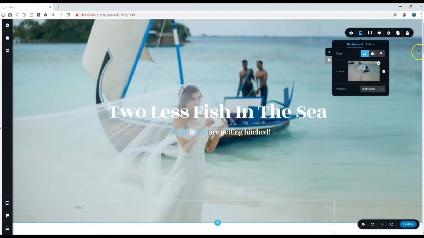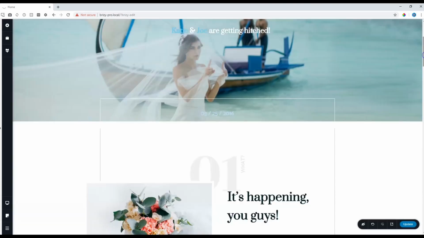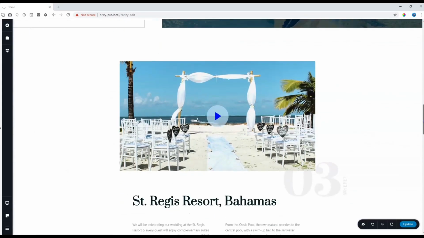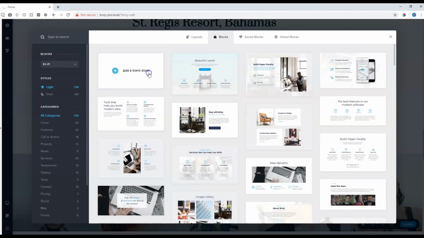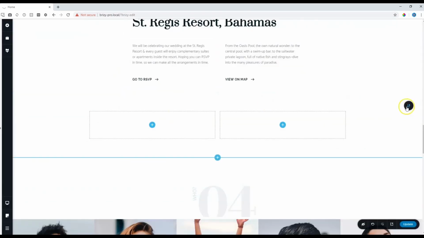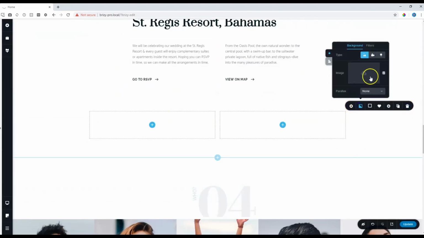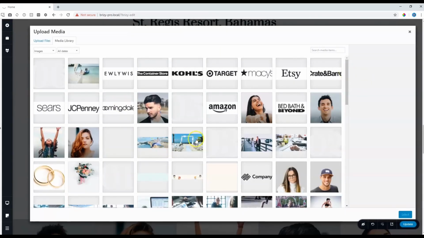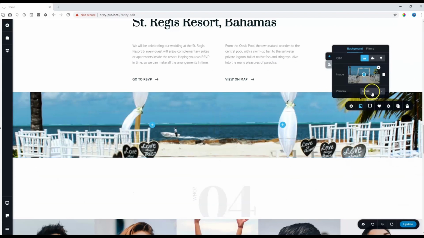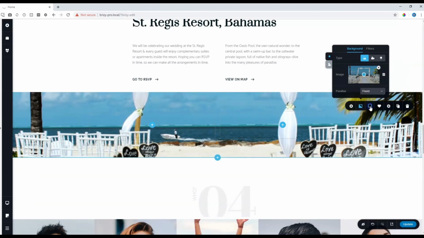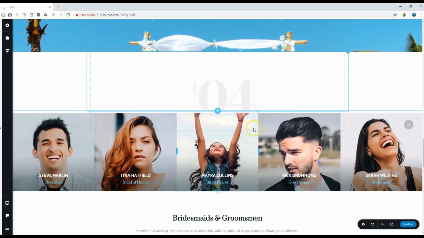Parallax is very standard for hero images like this at the top, but you may also want to add it somewhere in the middle of your site. So let's add one over here. And I'm just going to put a background for it so that we can see how it will look. Going to grab this one of the venue and add it. What I will do now is I will put it on fixed, and you will see that as I scroll